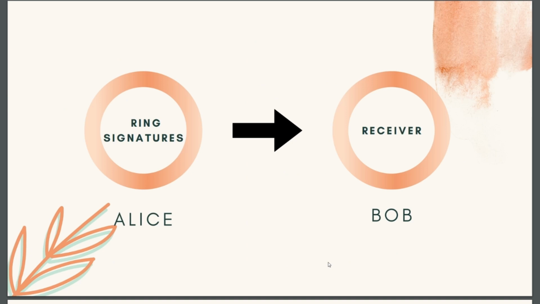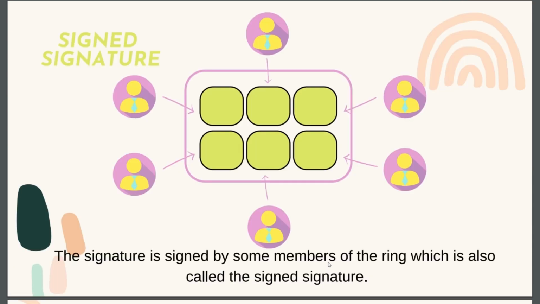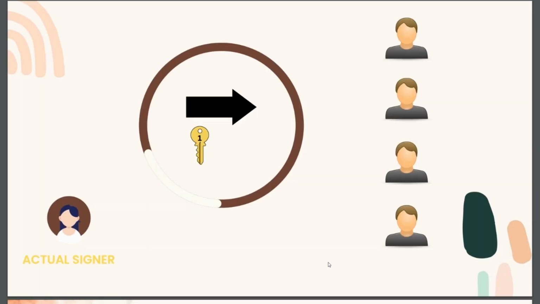Now, let me explain more about ring signatures using an example. Let's say Alice wants to send a message to Bob. Now, Alice will first create a ring signature. The signature consists of the public keys. It will use public keys of some members of the group, and it will then generate a ring signature. The actual signer, that is Alice in our case, uses her private key and the public keys of different